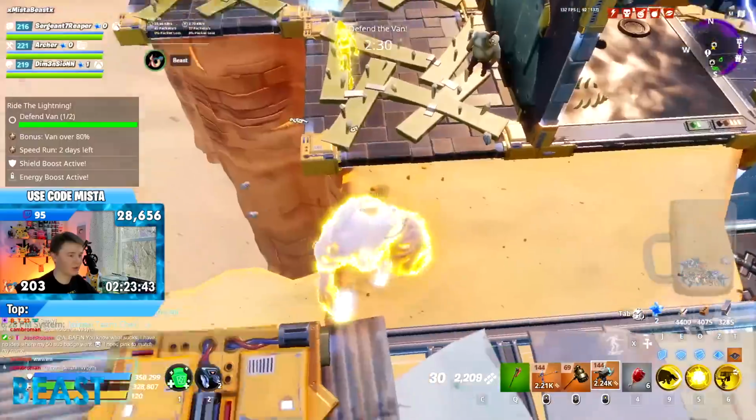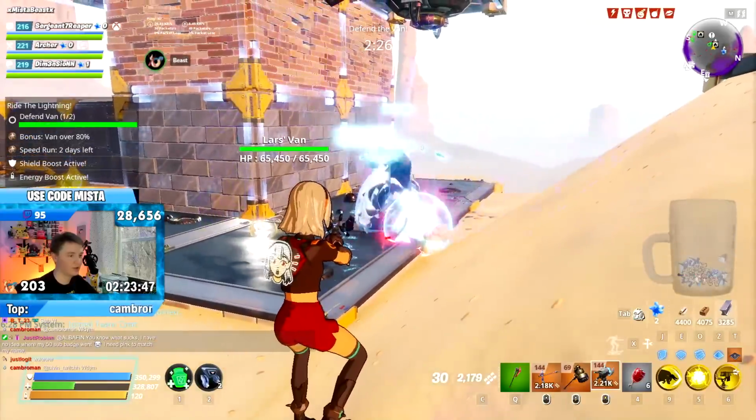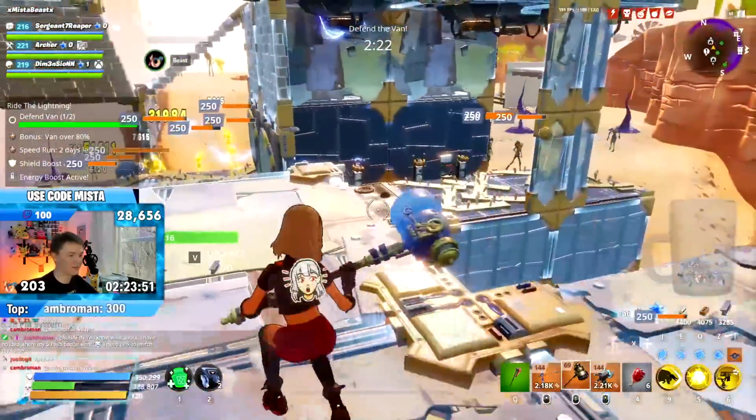So Dimension's running a crack shot build. We're going to need him for this one, because Smasher is going to be smashing. Unless, of course, Plasmatic Discharger does its job. That is so nice to see. Yeah, so you guys...